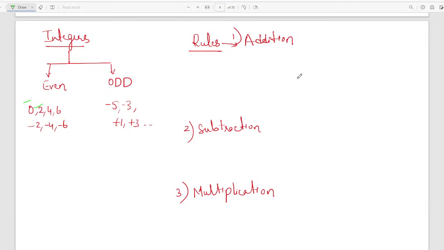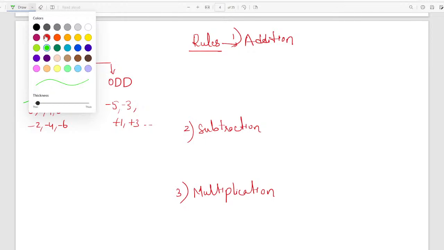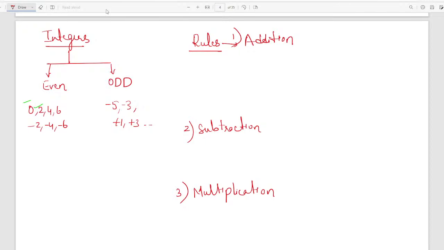For example, if even numbers are added, it is, yes, 0 is an even number. So for even numbers, for example, in addition, whenever you are adding two numbers that are even,